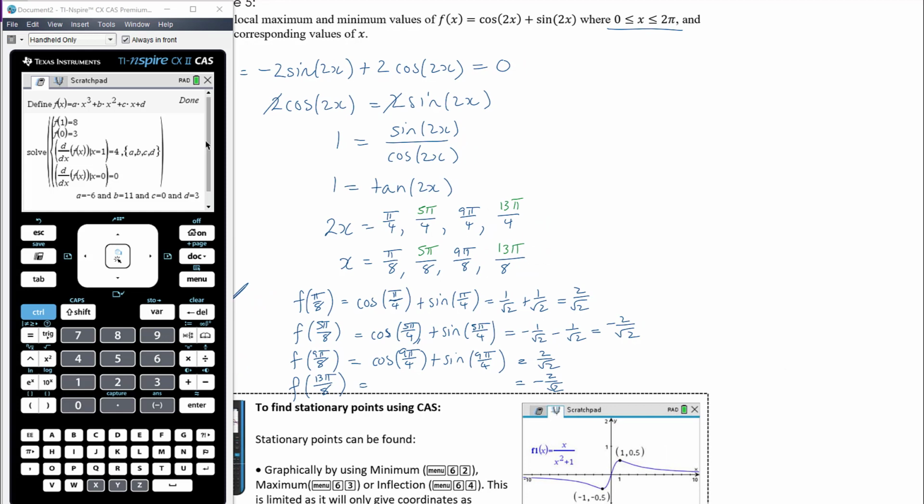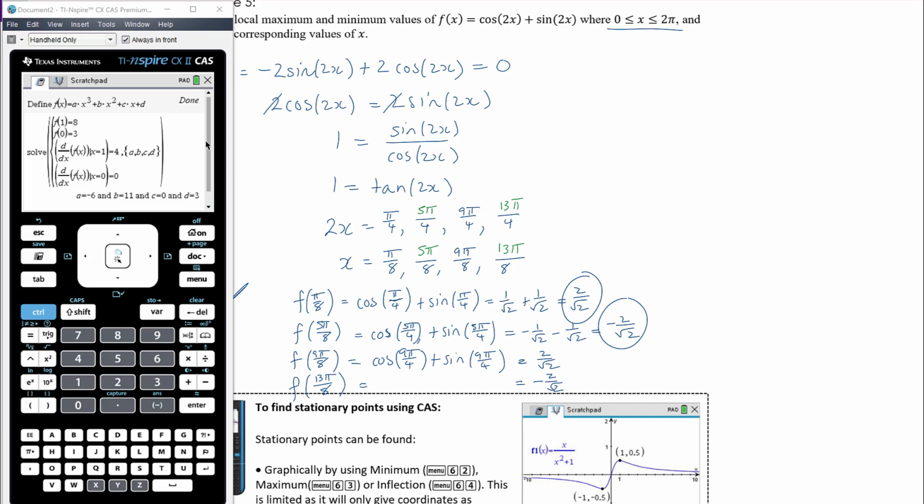If that's a stationary point, it's either a local maximum or a local minimum, and so therefore the bigger y value is going to be a local maximum. The smaller y value is going to be a local minimum, given that I know this function type can't have a point of inflection. Okay. If you're not sure though, use your sign diagram to calculate values of the derivative between these 2 points